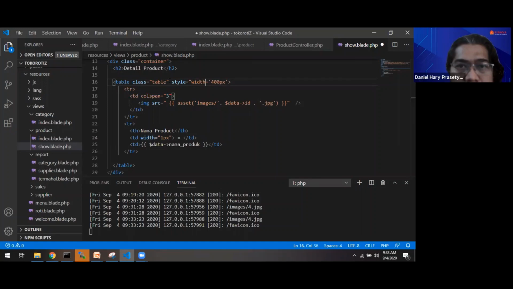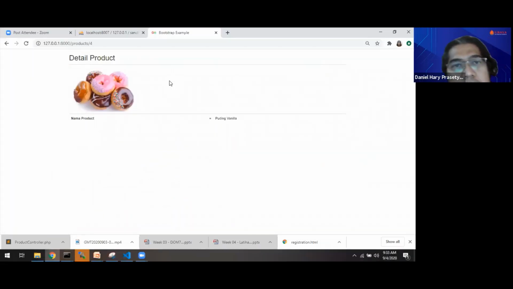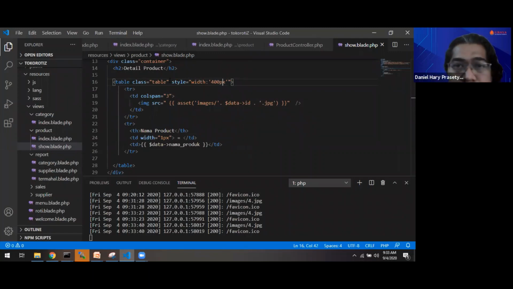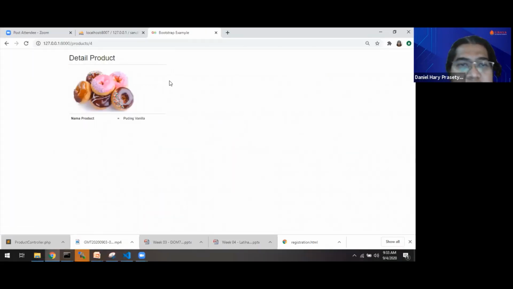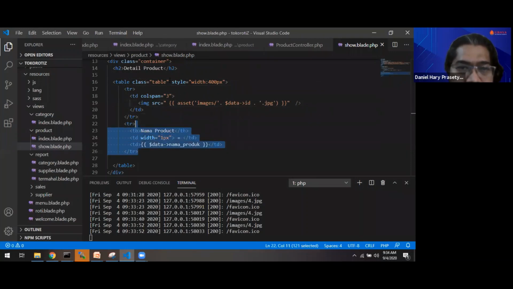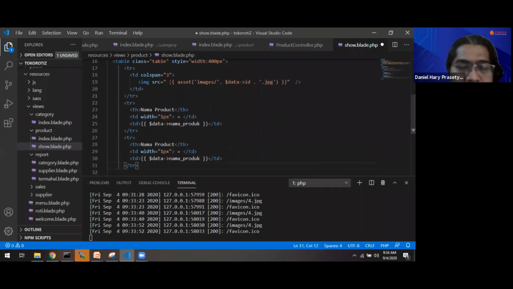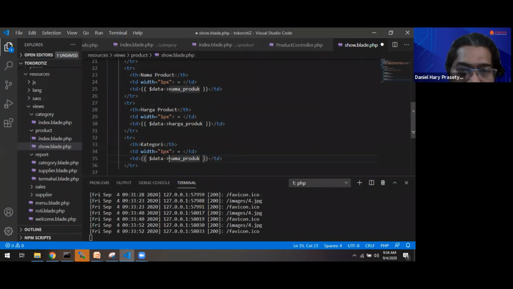Yes, this is better. There is nama produk, and then harga, and we use the magic of Eloquent again in category. We use data kategori, nama kategori.